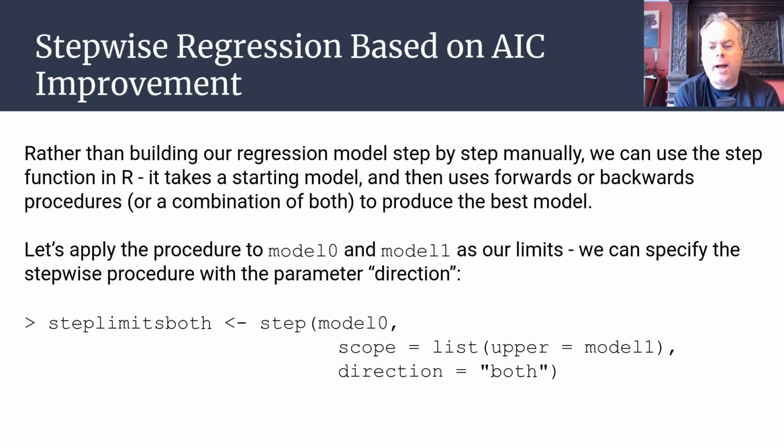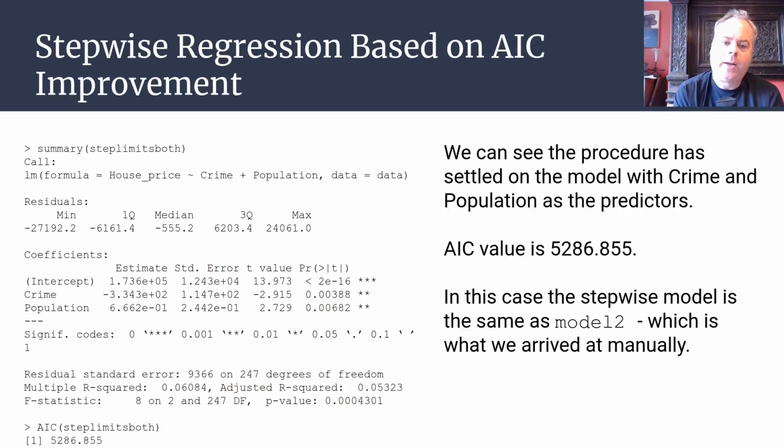So we can use the step function to do that. We can map it onto a variable I'm calling stat limits both, because we're working from both ends to hone in on that optimal model, somewhere between the 2 limits that we've defined. And we can ask for a summary of the model that it ends up with, and by using this automated procedure, it says that the best model for us in terms of the lowest AIC value is the one where we've got house prices predicted by crime and population,